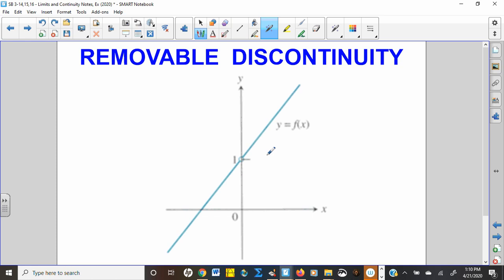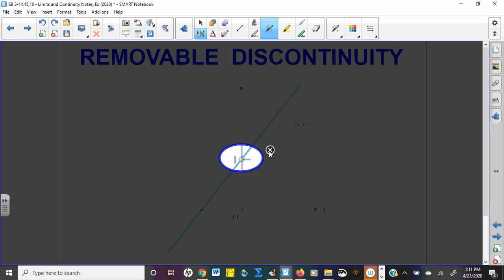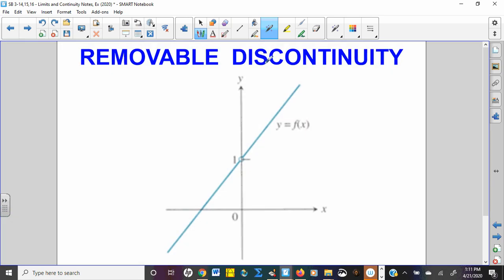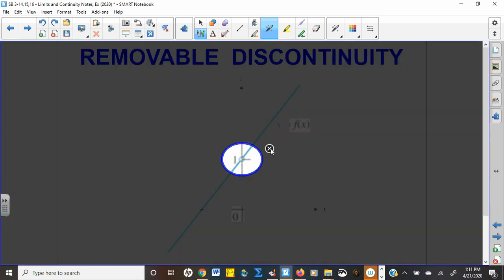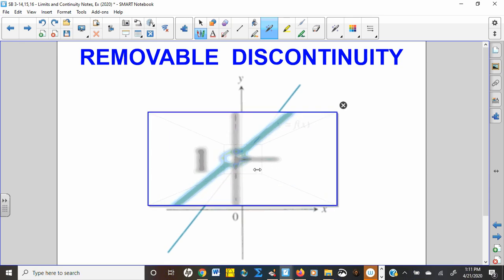Removable discontinuities, or you can call them pointwise discontinuities. Some textbooks use the word pointwise because they occur at a single point, created by holes. Now, please don't, some people call them holes, like what kind of discontinuity is that? That's a hole. The problem with that is that a hole is not by definition a type of discontinuity. It causes a removable discontinuity. Okay, so I know that's a little bit semantical there, but